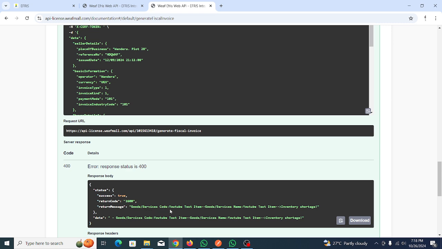Goods/service, YouTube: there is an issue with inventory shortage. When you register an item for the first time, it doesn't automatically go with the opening stock. You have to go ahead and register. If it has opening stock, you register it. If it has no opening stock, then you just go ahead and do